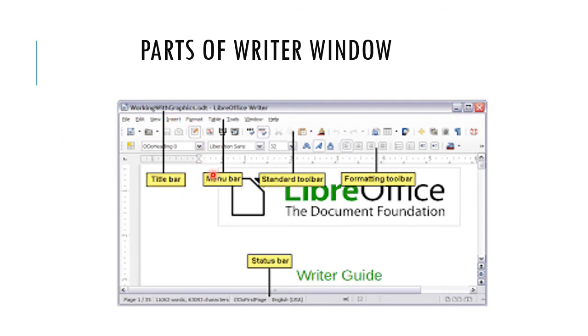Then after that, the second one is the menu bar. The menu bar is located just below the title bar in Windows and Linux, and at the top of the screen on Mac. When you select one of the menus, for example here I'll select the format menu, it means the commands that directly cause actions like close or save from the file tab.